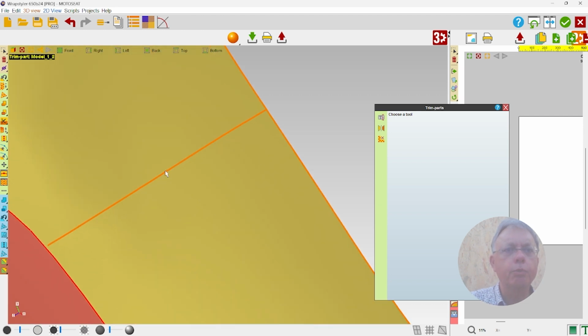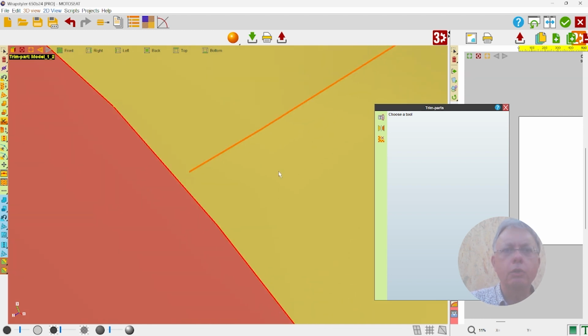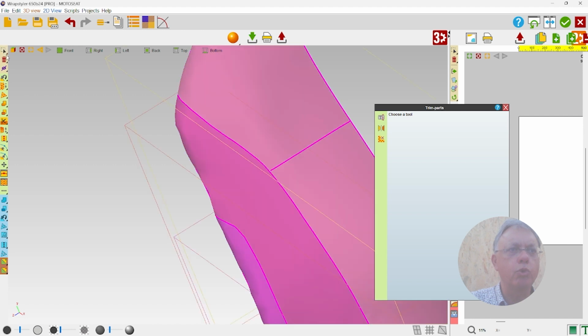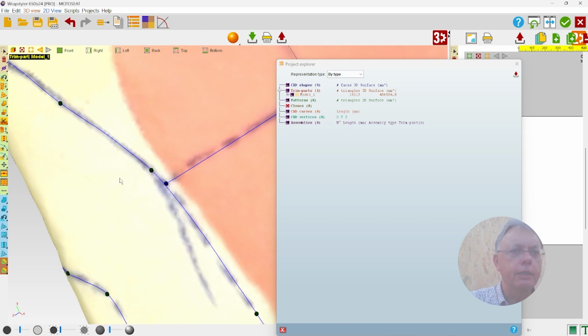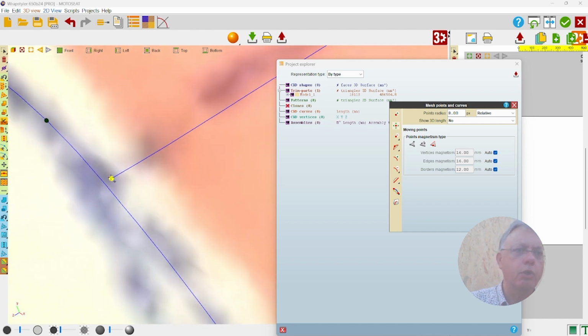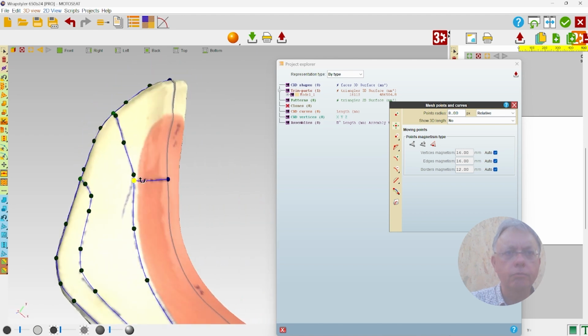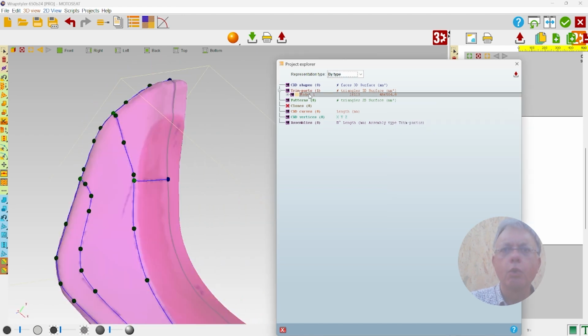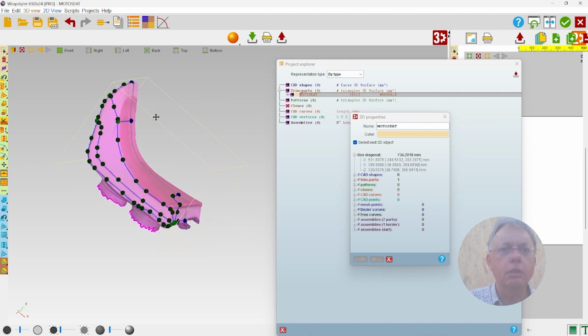Maybe it's not cut here. Probably I missed following the line until the end. Let's go back to correct this. I just go back to the initial, and you can see here when I drew the curve I missed connecting here, so it's better to go back and correct this first. We can also change the name here. For example, let's call it Motoseat, and cut it again here.